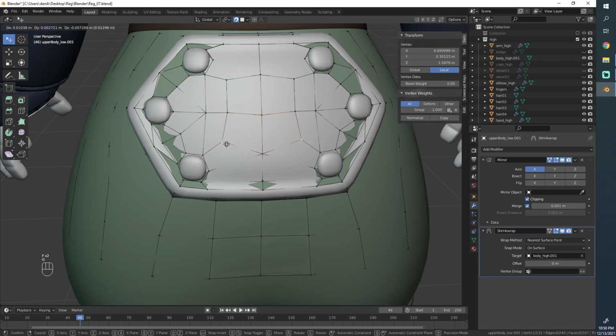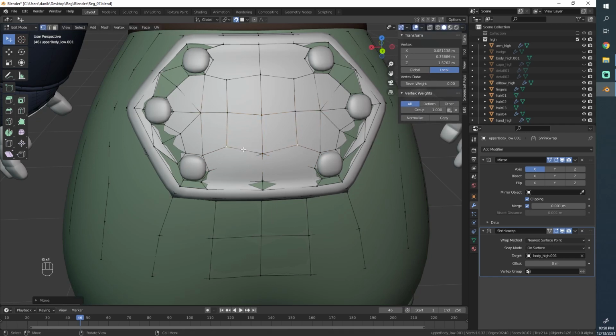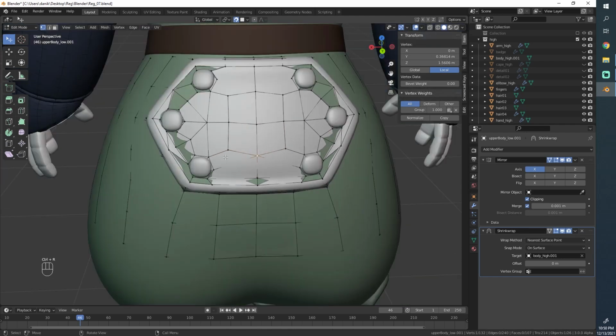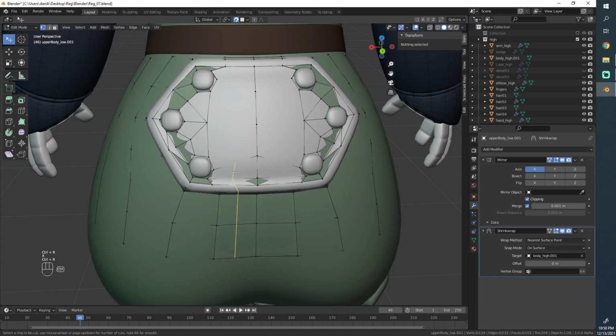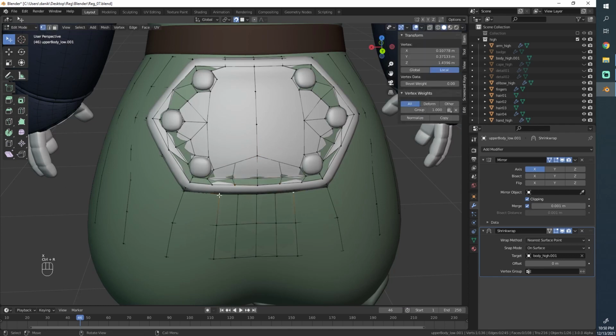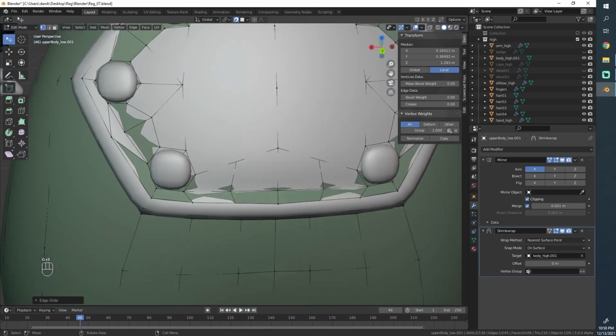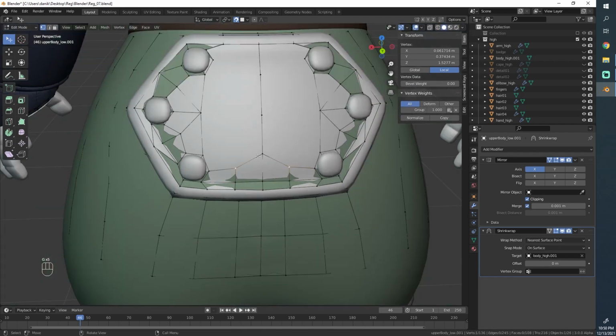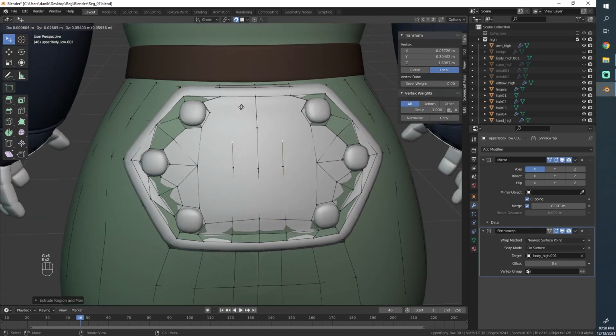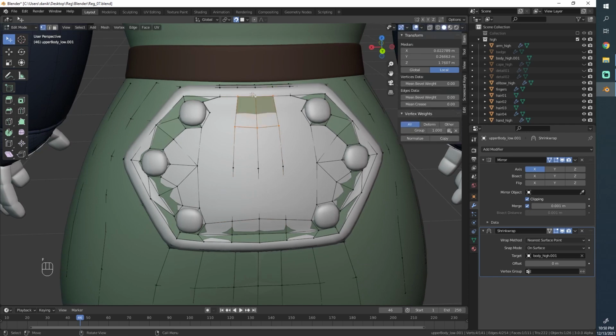I don't really like it, to be honest. What other options do we have? Well, I feel like we have to make a cut here. Okay, I think that's going to be the answer. We have to make a cut here, just to give ourselves a bit more points to play with. That allows us to at least complete this loop straight without interference, which I feel is important.